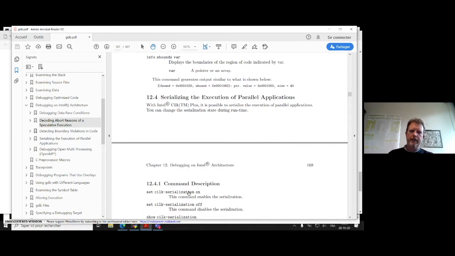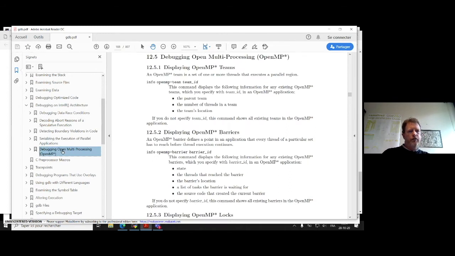And you decided to activate the serialization with the Kilk serialization on. One of the improvements provided by Intel on the GNU debugger is how to debug OpenMP and multi-threaded OpenMP code